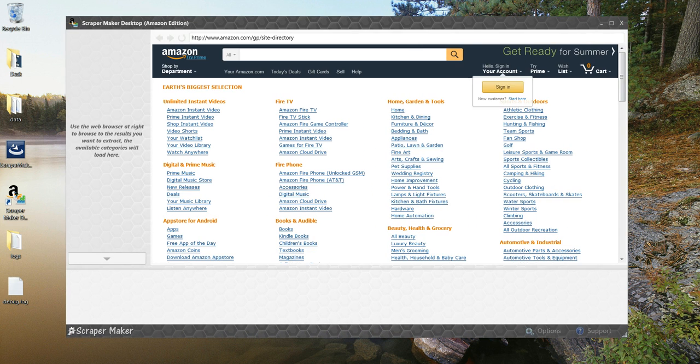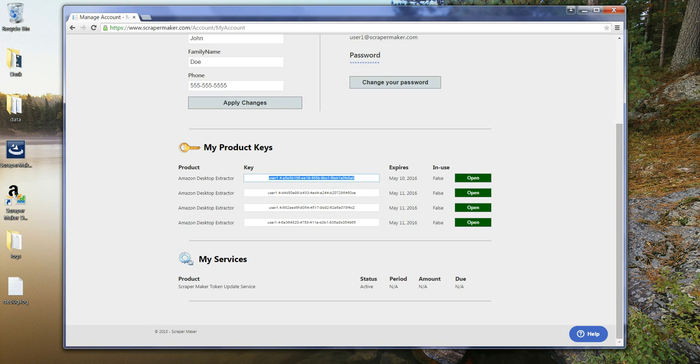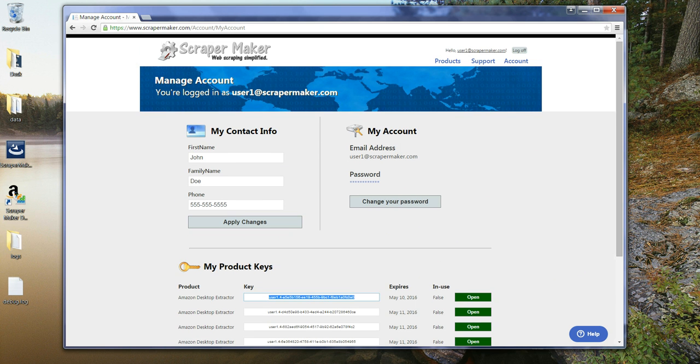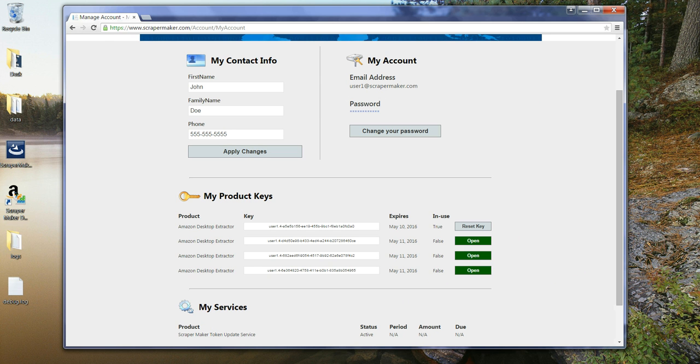And so now we have our account at scrapermaker.com. We can manage our keys, as you'll see now that I've used one of the keys. It's marked as in use true, and there's a reset key button beside it, which can be used to reset the key should we need to reinstall the product, etc. The key can be reset an unlimited number of times, and one key is good for one installation on one